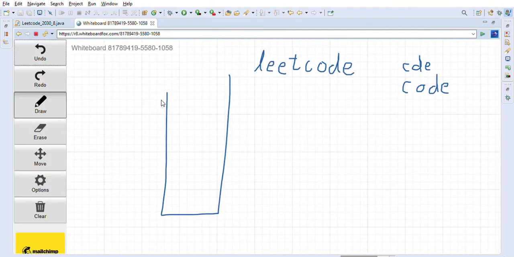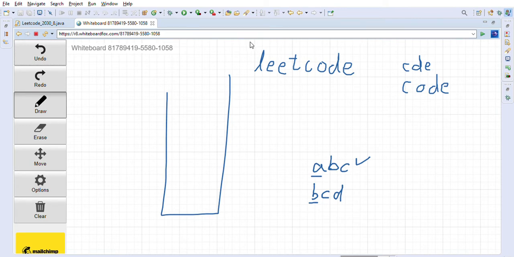So what they mean to say is, for example, if we have a string abc and another string called bcd, then abc is smaller, because this is where both differ first, and a is smaller than b in the alphabet. So abc is smaller than bcd. That is what it means, and we have to find that out.